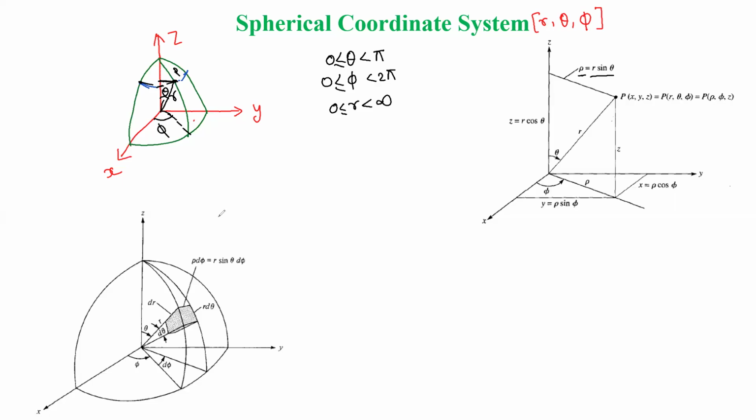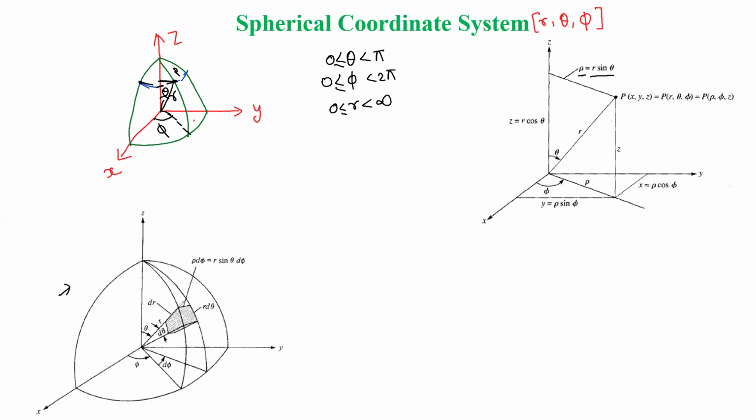So what will be the differential length or differential displacement? You can observe this diagram. One differential area is considered here. For that differential area, if you try to find the values in different directions, so if you look